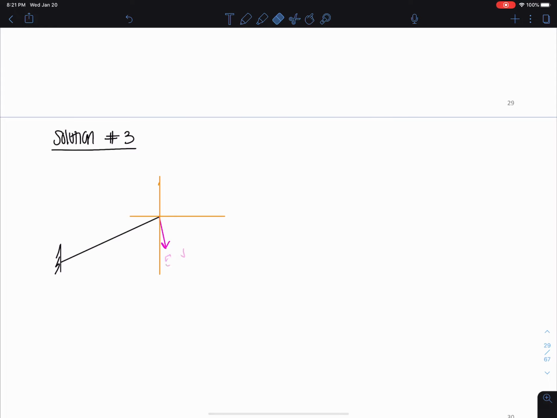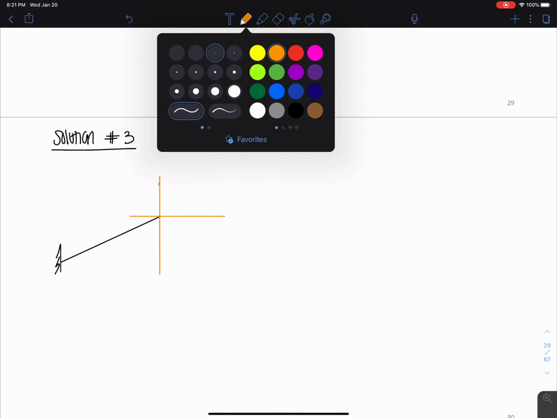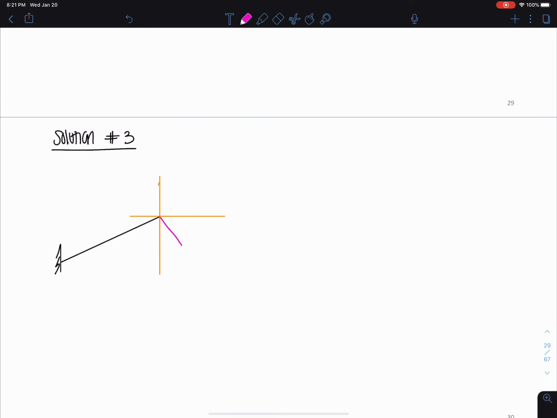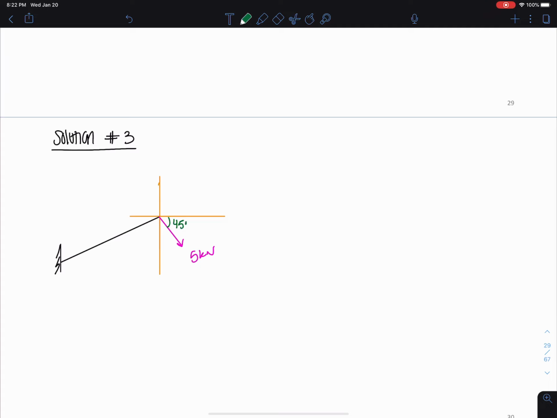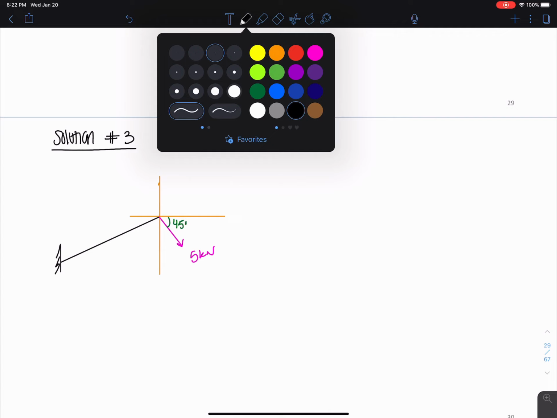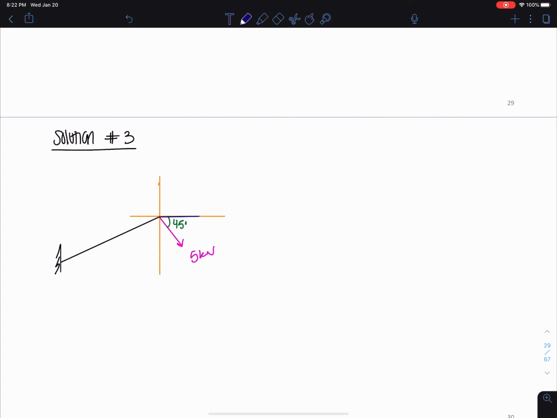It should really be a little more like 45, so I'm going to fix this. And we have a 45-degree angle here. And we know that in this direction we have here 5 cosine